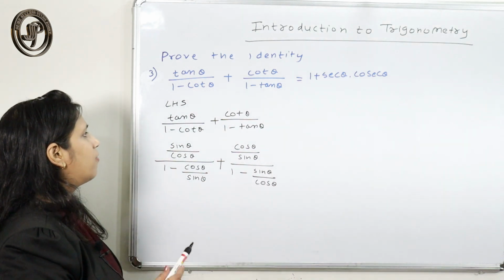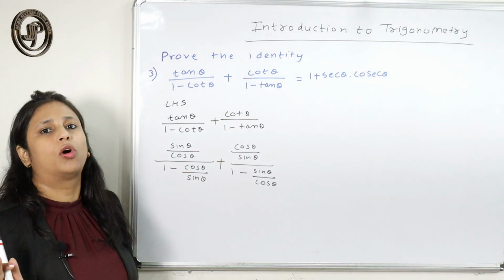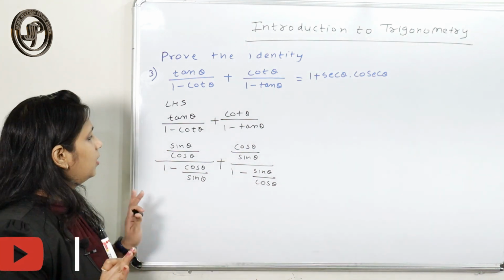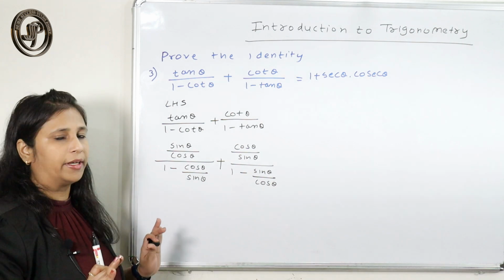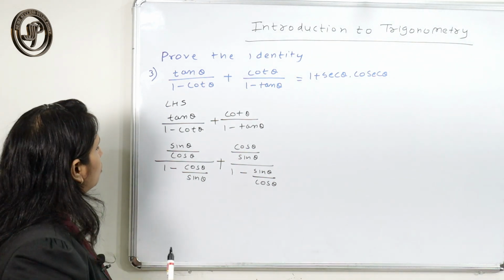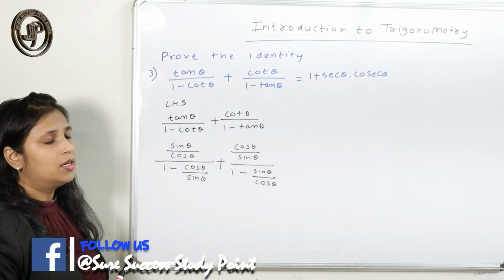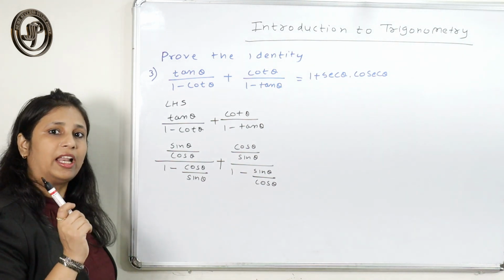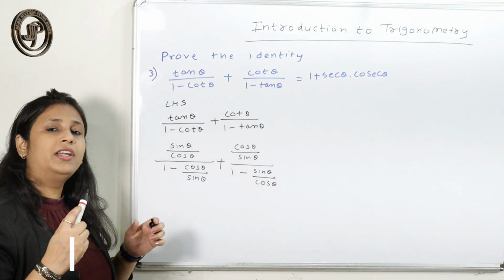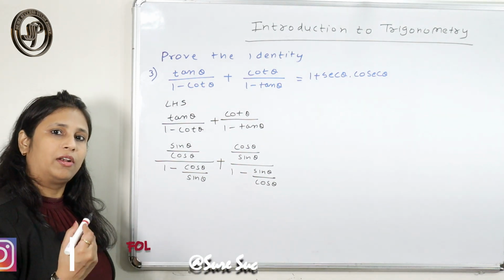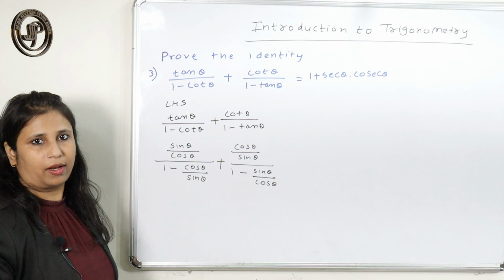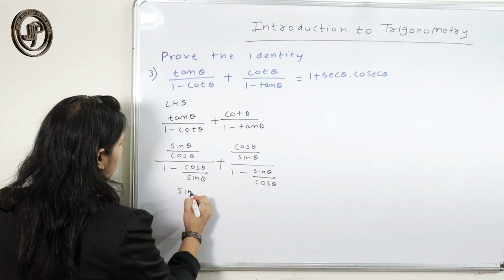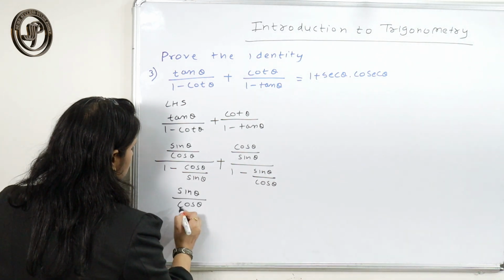What I have done? I have converted tan and cot into sin cos form, because the first rule says that first convert it. Definitely it is not valid for all, but it is valid for most of the questions. So first I have converted this. Those questions on which this rule will not be valid, I will tell you those questions also, that you need to practice more, so that it will directly come in the exam, and you can solve those questions in an easier manner. So fine, now I will just simplify this.